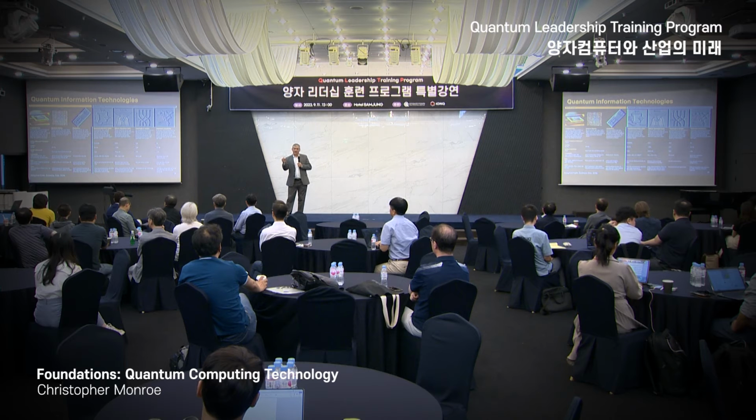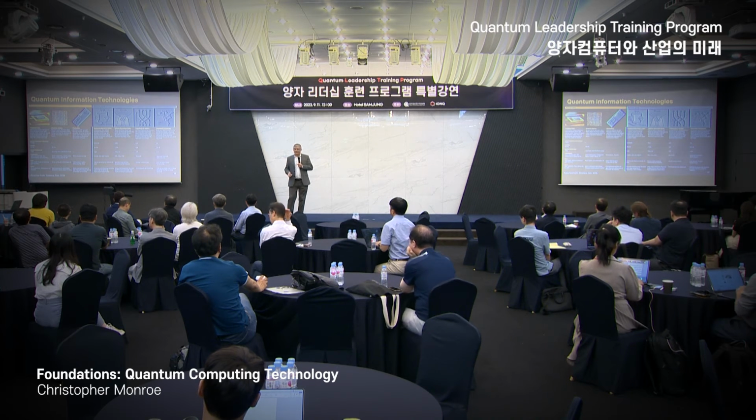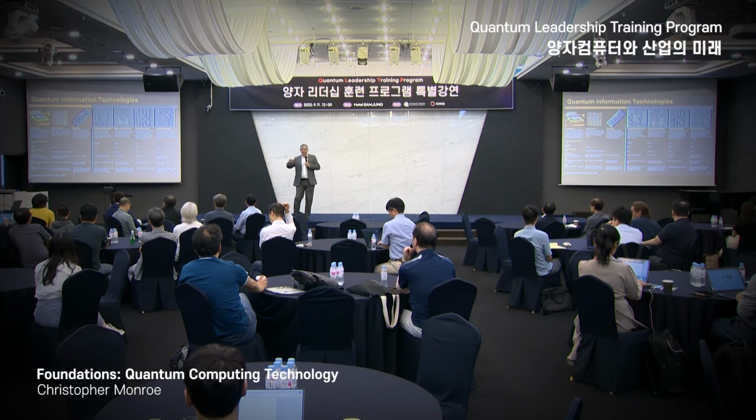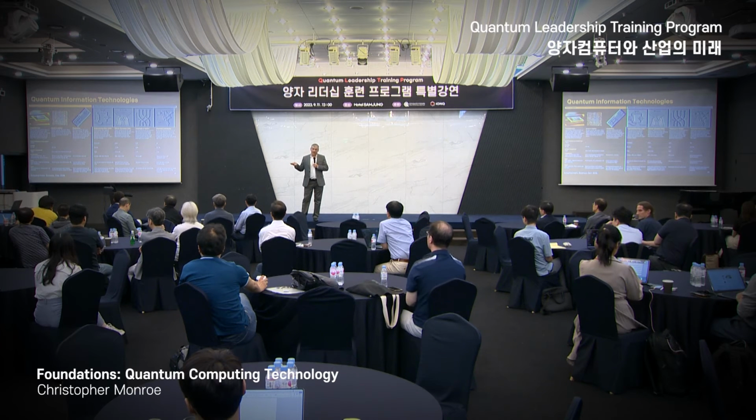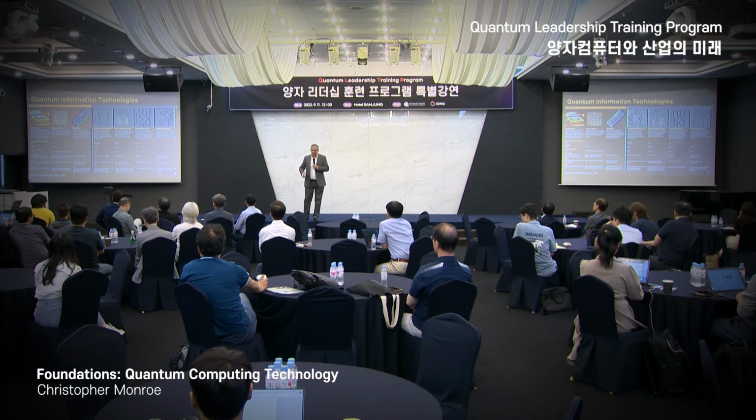They have to be held at nearly absolute zero. They're usually solid state. That's why they have to be so cold, because in solid state you have thermal reservoirs. You lack that isolation. Remember rule number 2, you can't look while you're doing the computation. Well, if you have a thermal bath, it's looking. It's interacting with the qubits.